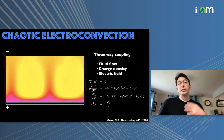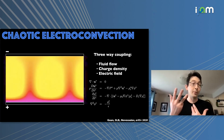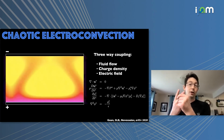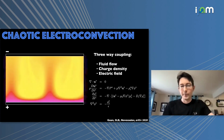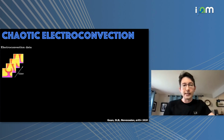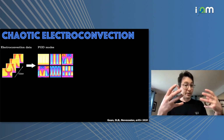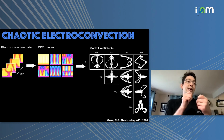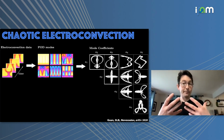Another example we've looked at is chaotic electroconvection, where you have a more complicated three-way coupling between your fluid, a charge density, and an electric field. Okay, a little bit more complicated. And in this case, what we were able to show is that from our flow field data, once we extract our POD modes, our low dimensional representation, the time history of the amplitudes of these modes in time show these